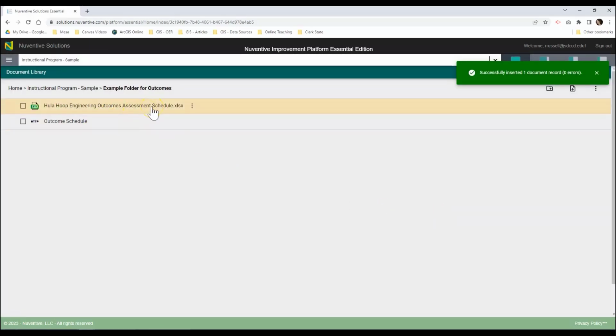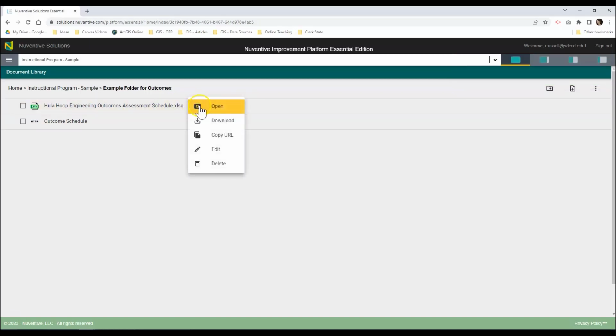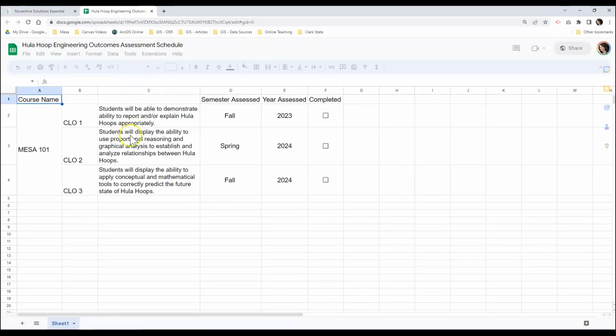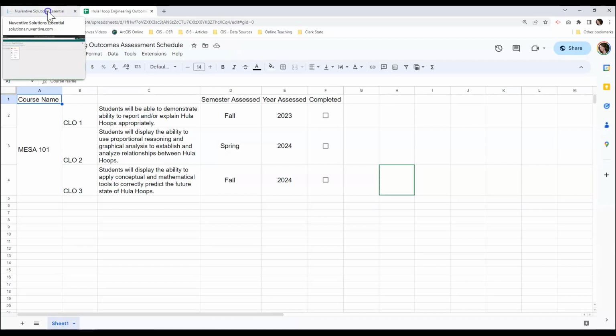Similarly to what we looked at before, if you'd like to view the added document, you can click on the three buttons, the ellipses buttons, and click Open. To view the linked file, you can also click on Open, and it will link you out to that shared file. It does not open it within the Nuventive system.